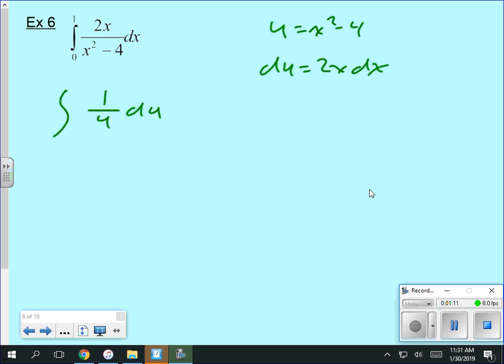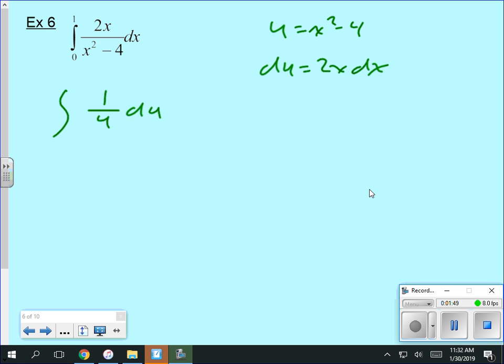Here's my dilemma. I can do what we've done: solve this in terms of u, put x back in, and then evaluate. Or I can use my u substitution and change my bounds. It's often easier to change my bounds and then just do everything in terms of u. So if I do that,